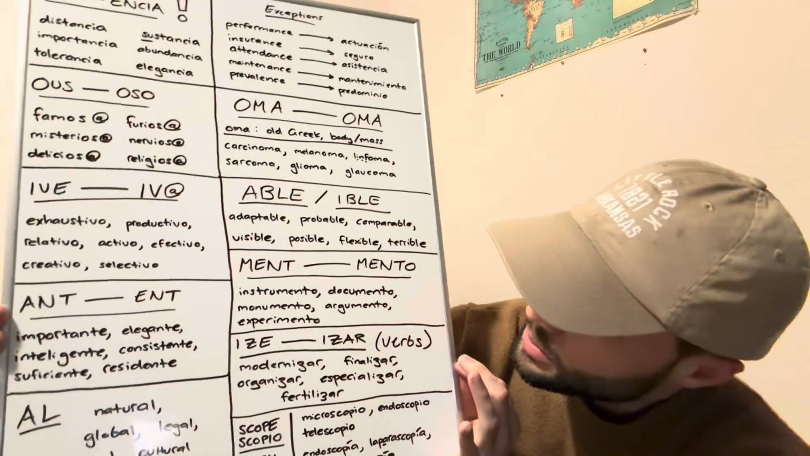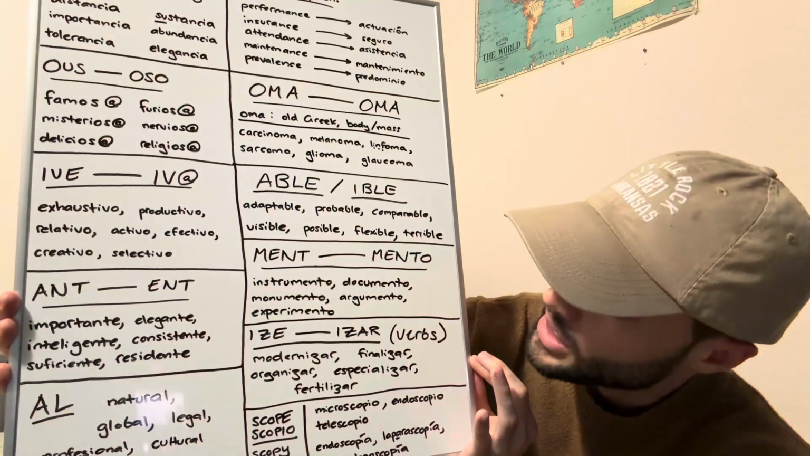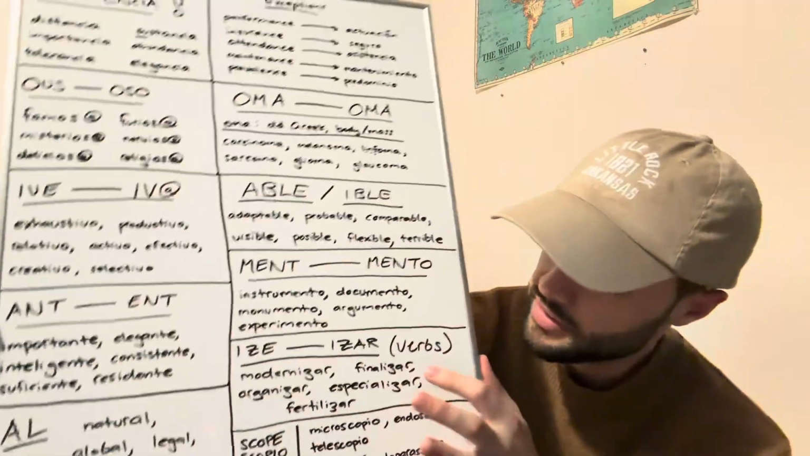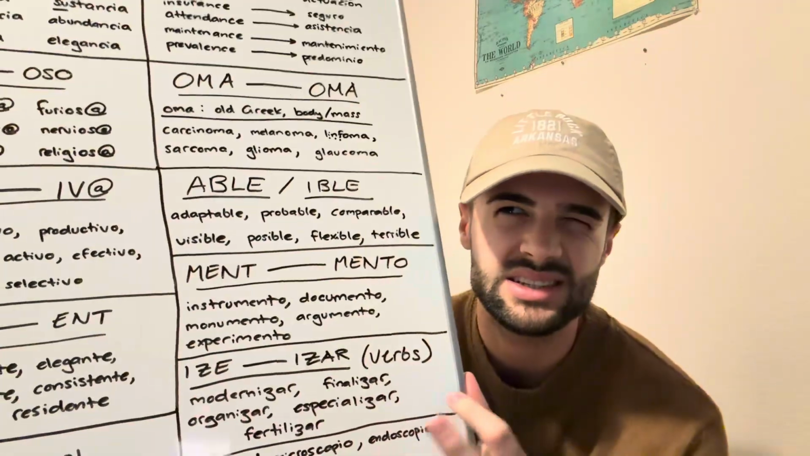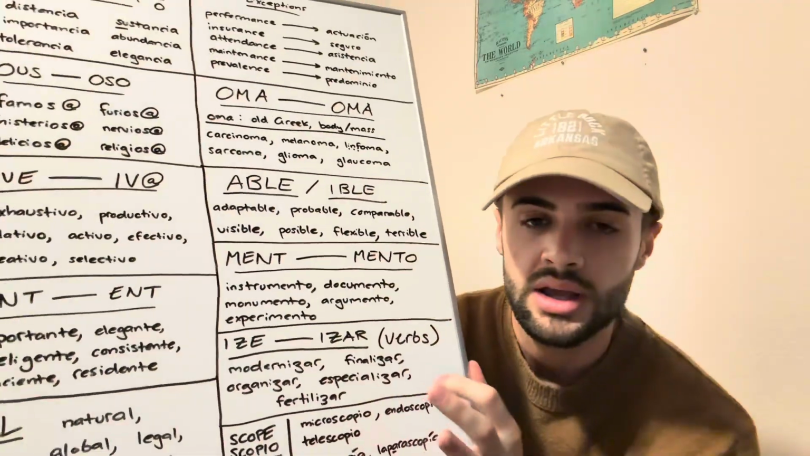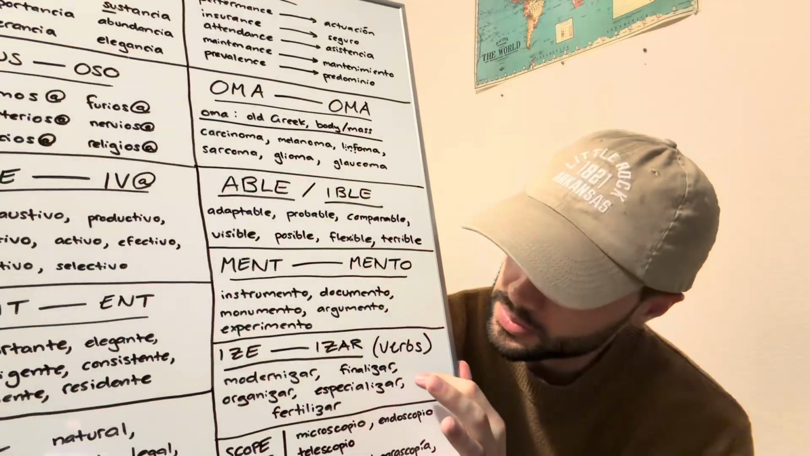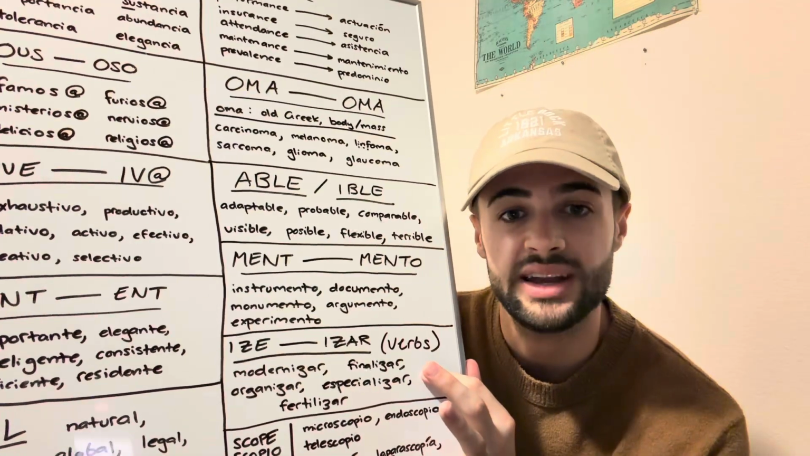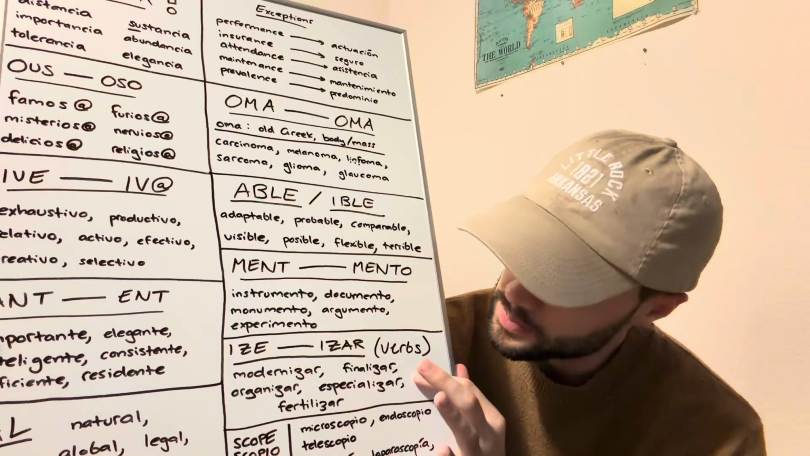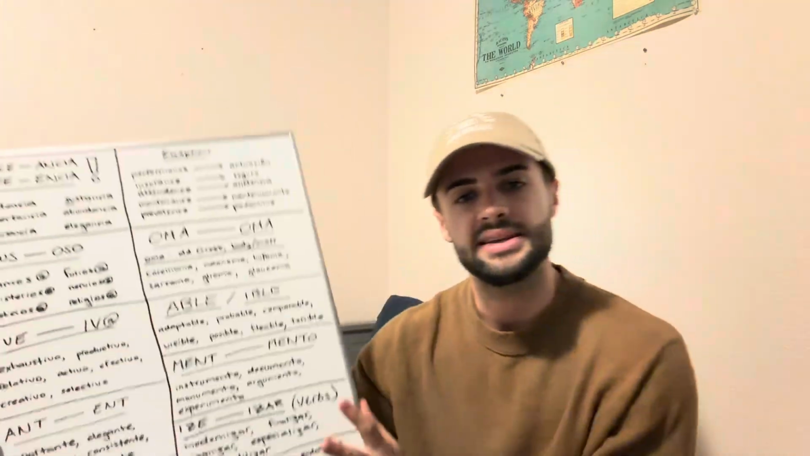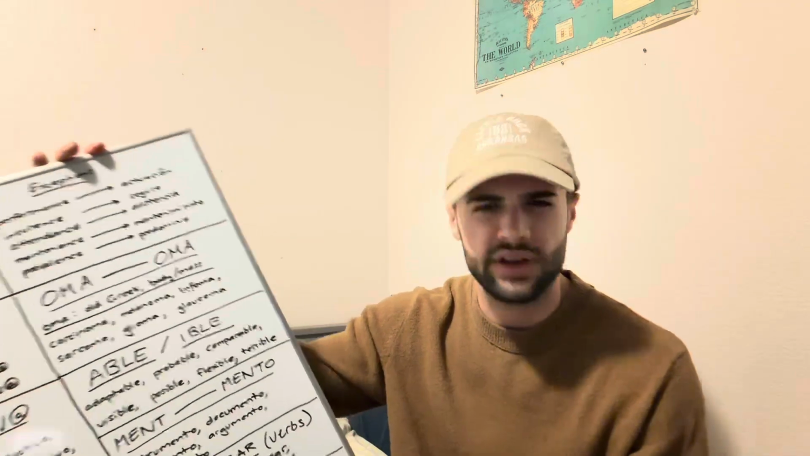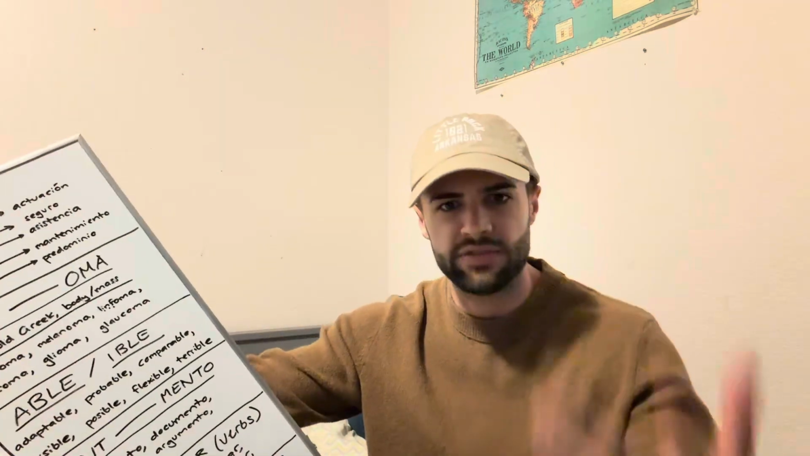What do we have? Modernizar, finalizar, organizar, especializar, fertilizar. Another valuable spelling and also pronunciation tip for Spanish words. Especializar. In English, we say "specialize," not "especialize." But the reason that E is there is because in Spanish, there is kind of a phonetic and spelling rule. I think it's more a phonetic rule that just manifests itself as a spelling rule, that you can't have